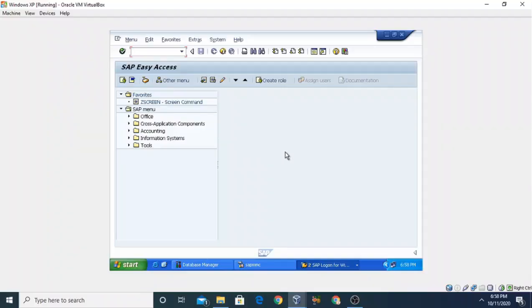Good evening, students. In this video you will learn some complex WebDynPro application, and in this WebDynPro application we are going to create the navigation between the two web pages. And how we can create this navigation? Firstly, we need two web pages, and on those web pages we can create the button, and by pressing the particular button on the one web page it will jump to the second web page.